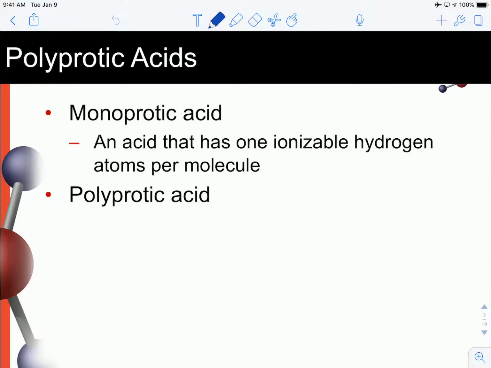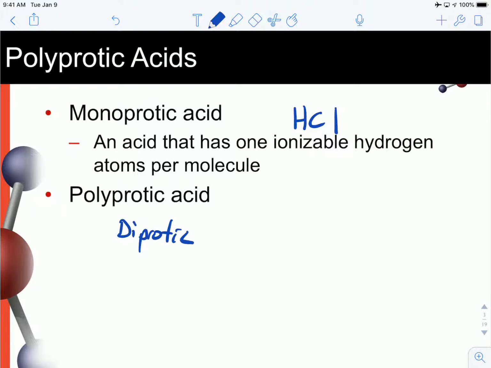So, polyprotic acids is a pretty straightforward concept. A monoprotic acid is an acid that has one ionizable hydrogen atom per molecule. So, obviously, HCl is a monoprotic acid. A polyprotic acid is an acid that has two or more ionizable hydrogen atoms per molecule. There could be multiple examples of that. You could have a diprotic,